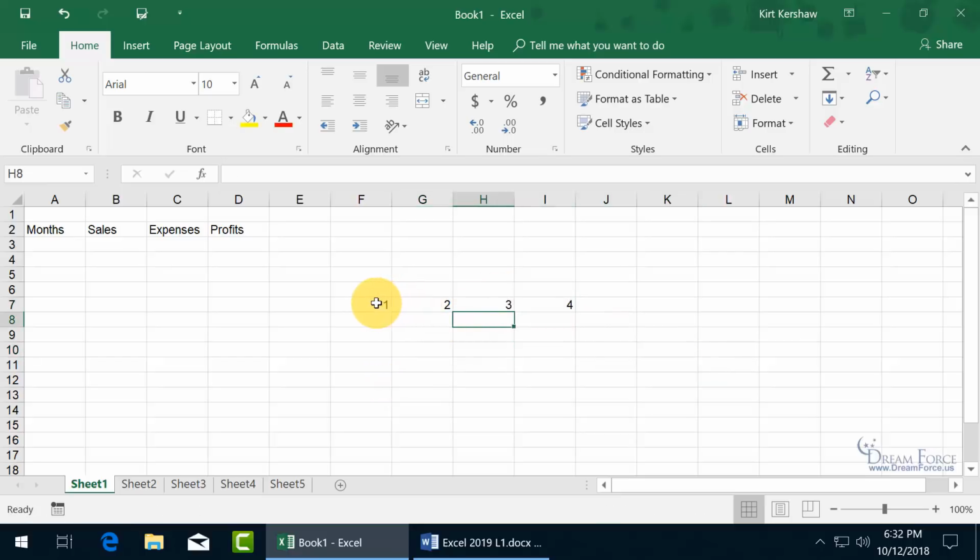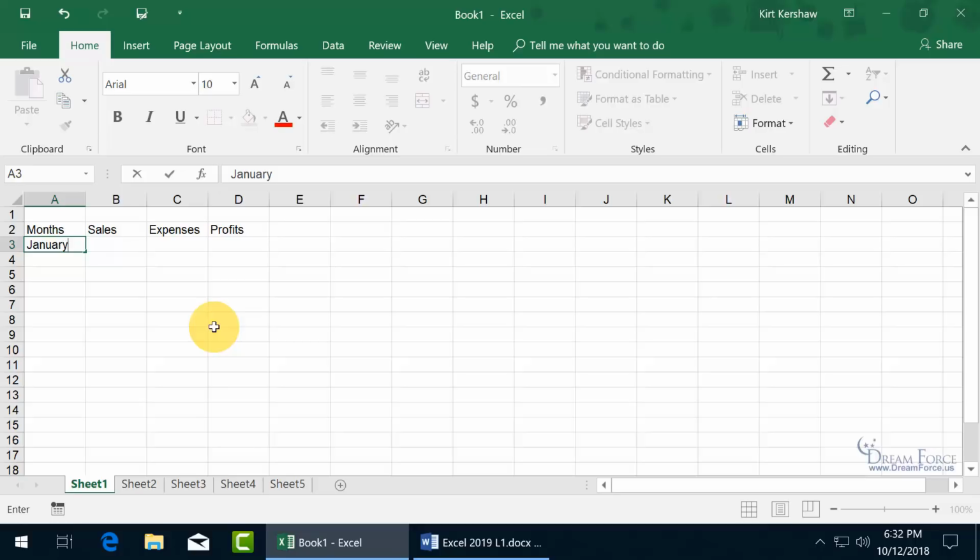Let's go ahead and click off, get the white cross, click and drag and select the entire range, and hit delete. There we go. And let's come back up here and finish entering our mini little worksheet. For the months, we've got the months label right there, and below it I want to include the months of January. Hit enter. Goes down, same column,